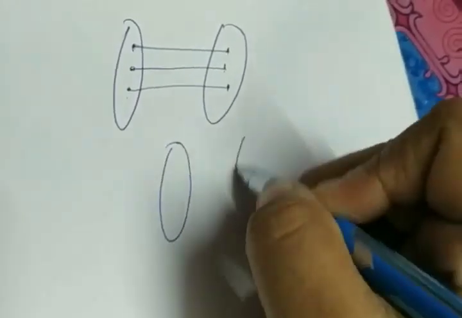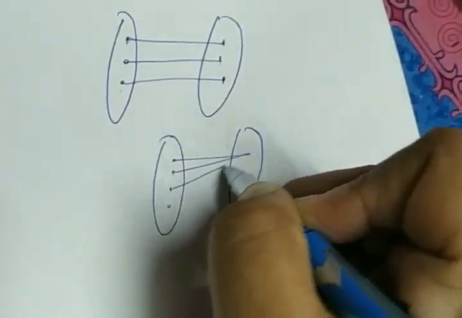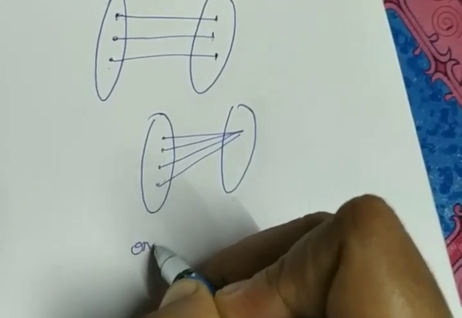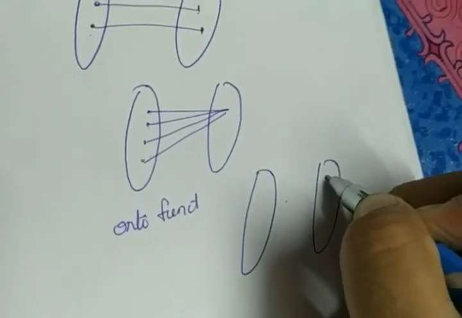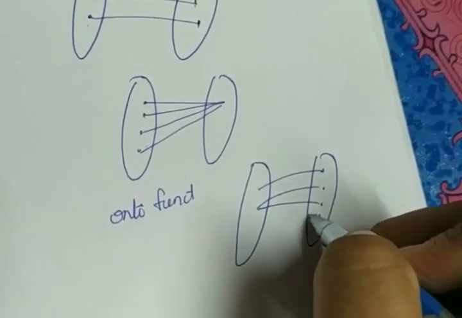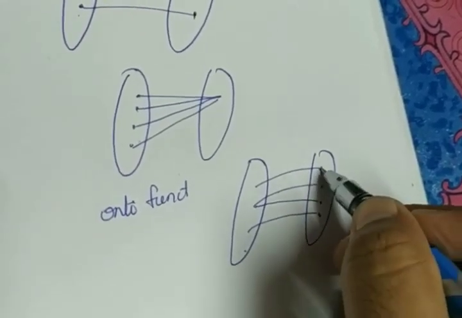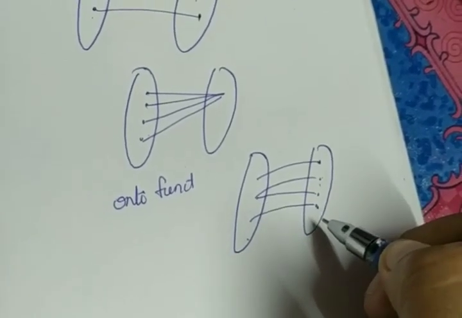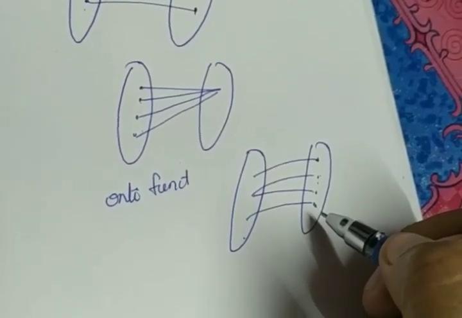Then the next one we dealt with was many-one function. What is that? For many elements in the first set, there exists the same image. Then the next one was on-to function. What was an on-to function? If for each and every element in the second set, there is a pre-image in the first set, then it is called an on-to function. Otherwise, it is called an into function. So, 1-1 function, many-one function, into function and on-to function.